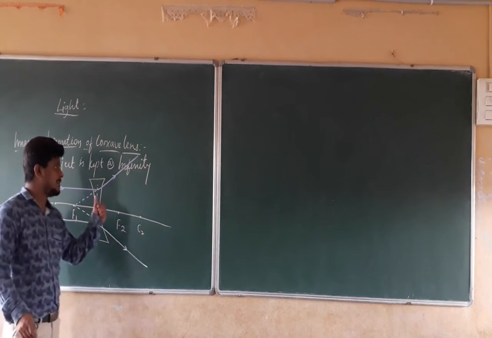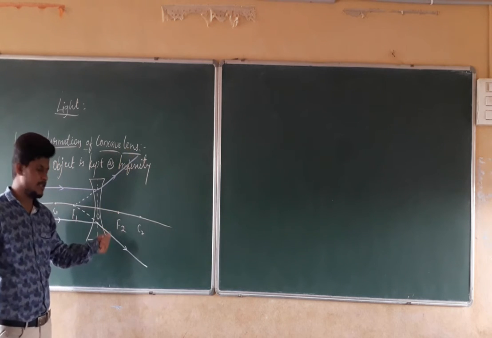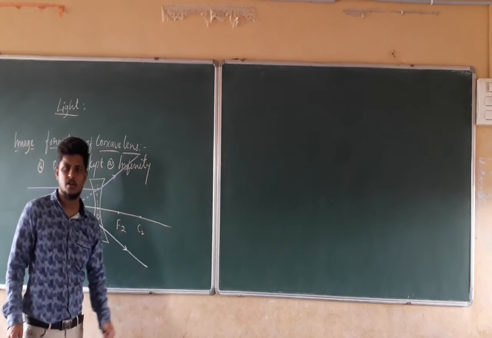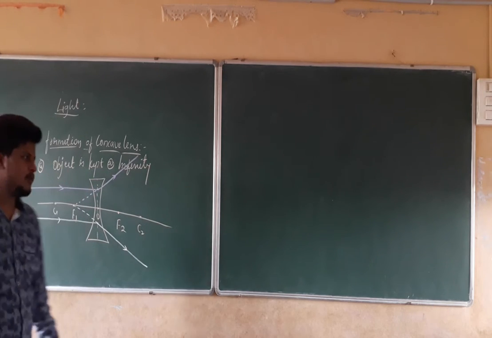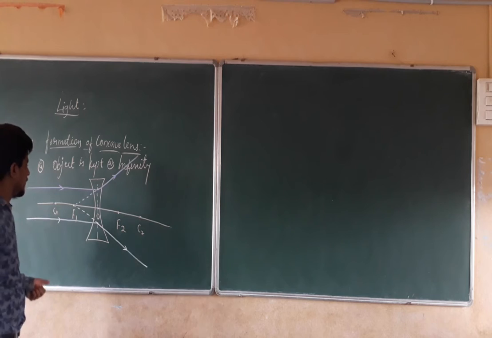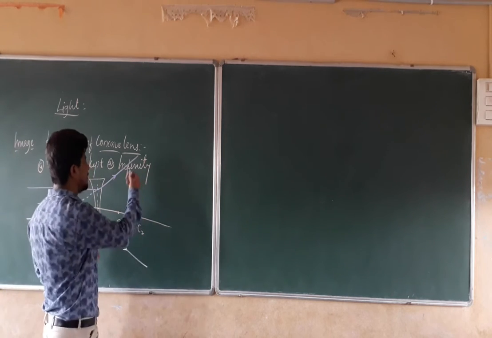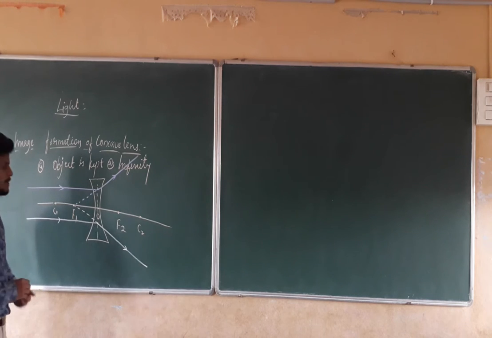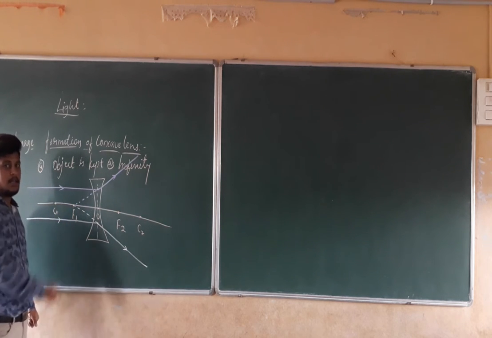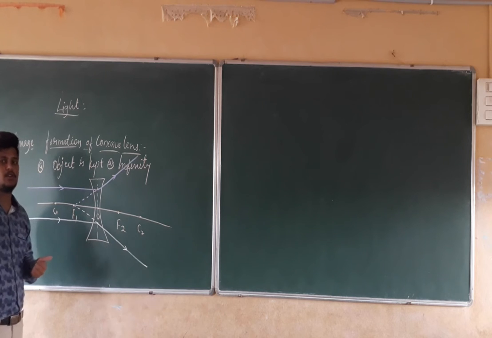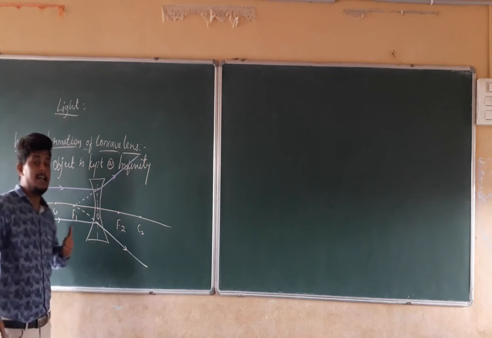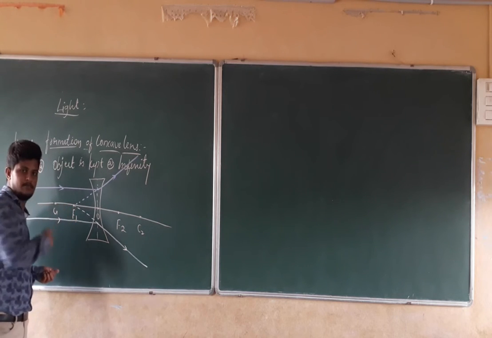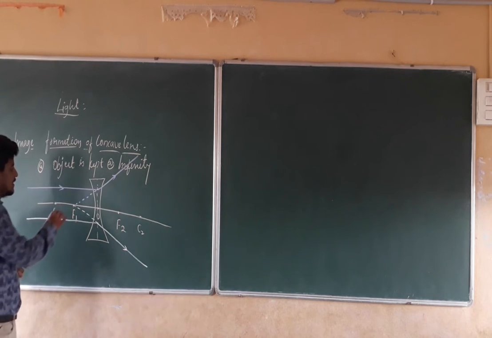Right? If this light is going in the upside direction, it is going in the downside direction. That means there is no chance that these light rays are going to converge at a point. But when you see the light rays from the upper side, they tend to come from a single point. That single point is nothing but the principal focus. There, both the light rays tend to converge. So there the image is going to form at this point.